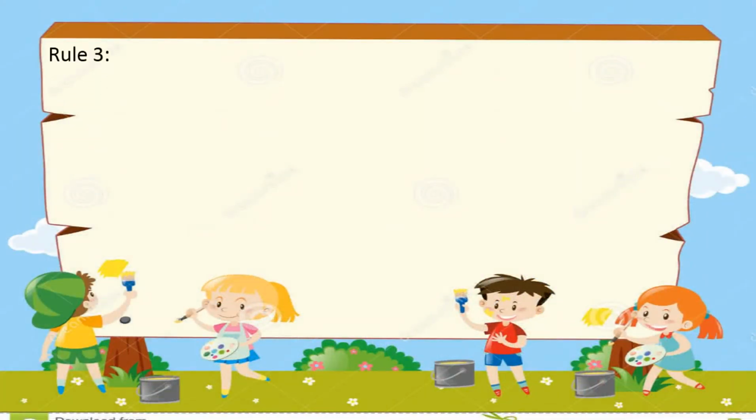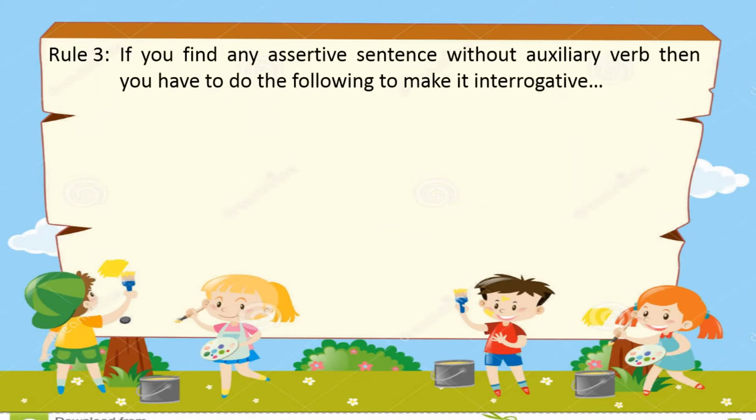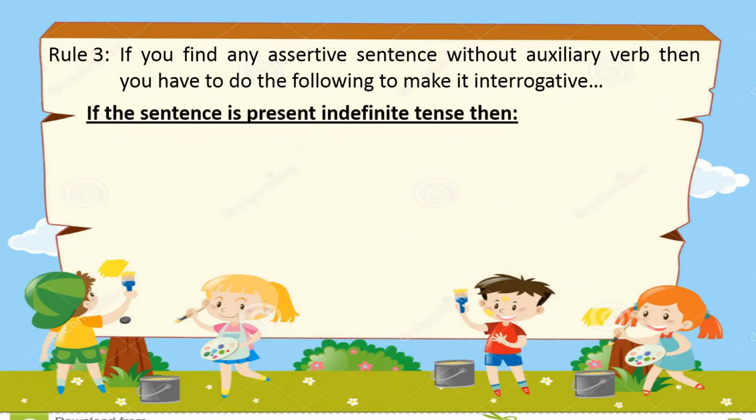Now, rule number 3. If you find any assertive sentence without an auxiliary verb, then, in our previous two rules, I discussed sentences with an auxiliary verb. Now it is time to discuss sentences without an auxiliary verb. Then you have to do the following to make it interrogative. Firstly, if the sentence is present indefinite tense, then